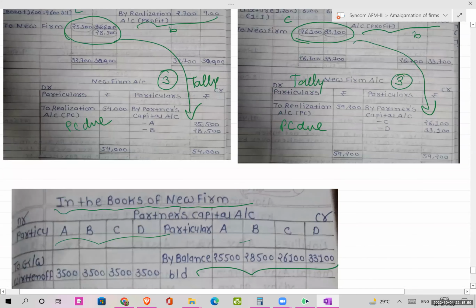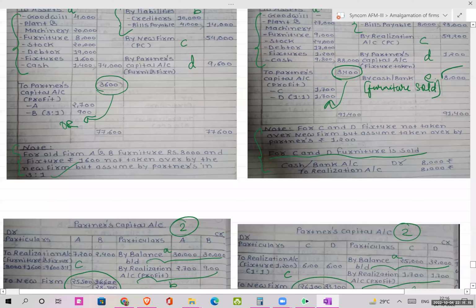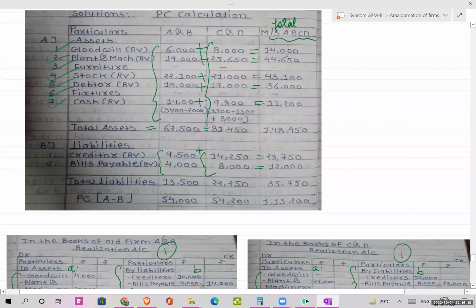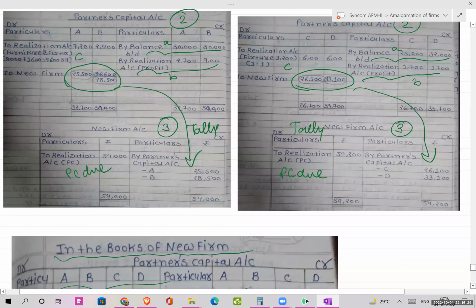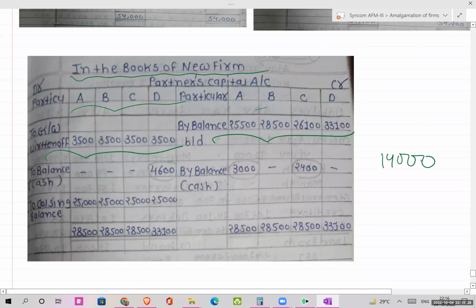कहाँ से? ये बैलेंसेस दिख रहे थे ना, ये जो अभी हमने कैलकुलेट किया, यहाँ से इसका इफेक्ट इधर रिफ्लेक्ट होगा. ठीक है, फिर वो गुडविल राइट ऑफ करने को बोला है. तो गुडविल कितना है चेक करना पड़ेगा, पीसी में है ना, वो लेना है. सो गुडविल कितना है? 14,000 है गुडविल टोटल. ठीक है, सो टोटल गुडविल इज 14,000. ठीक है, और